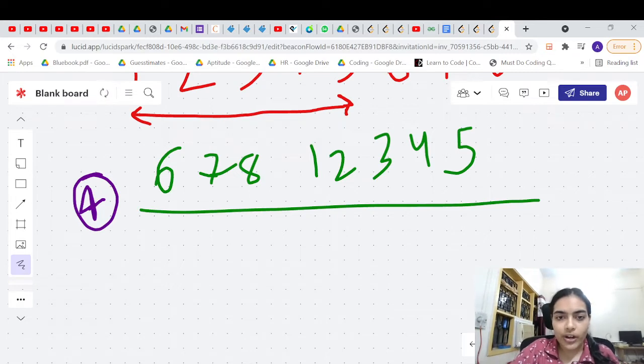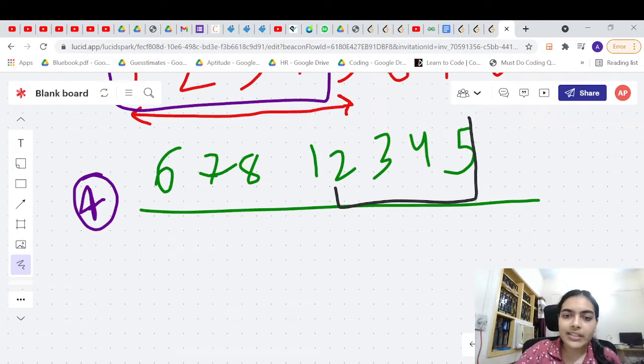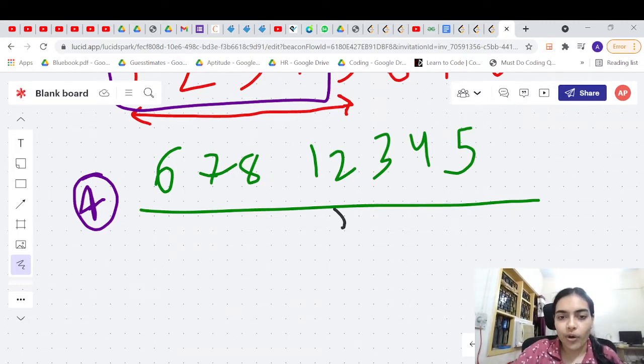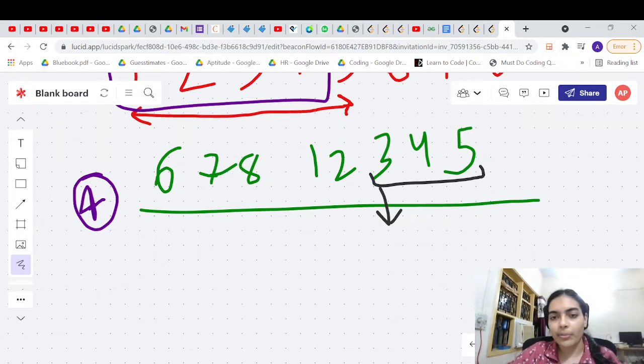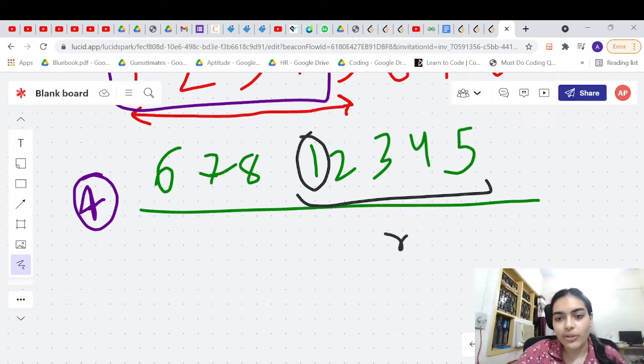So all these elements are sorted. So this element is sorted from the right side. Okay, what about this element? Is it sorted from the left or from the right? It's sorted from the right, right? Because in the right side of it, all the elements are sorted. So this element is also sorted from the right side. Let's see this element. Is it sorted from the left or from the right? Again you can observe that this element is also sorted from the right side. All elements are sorted. So once you find a pivot, in this case this is the pivot, after this, all elements will be sorted from the right side.